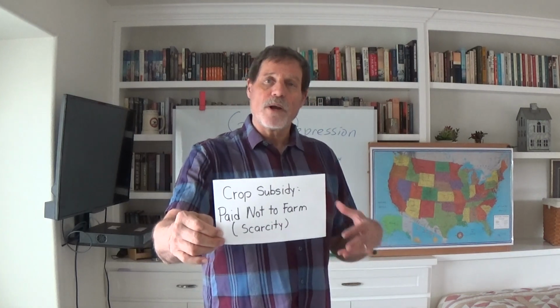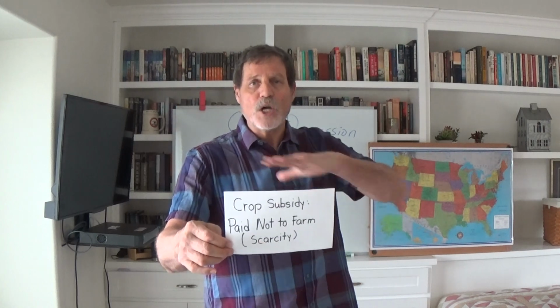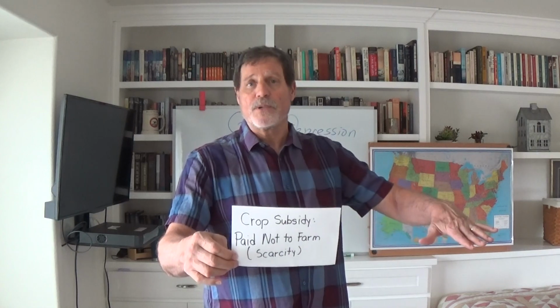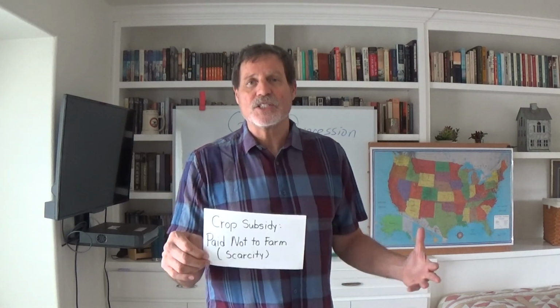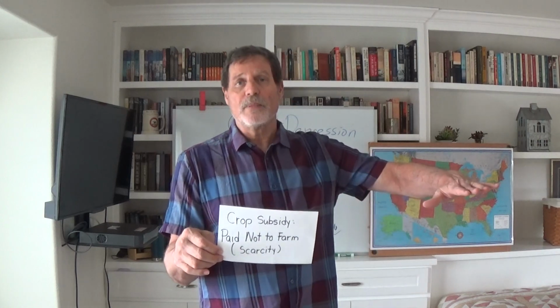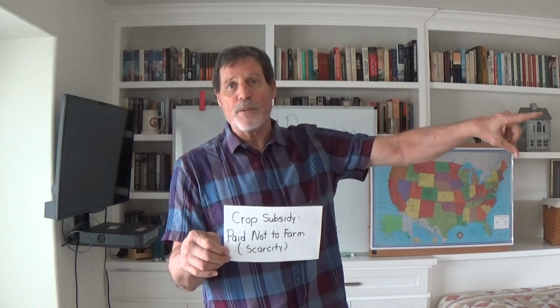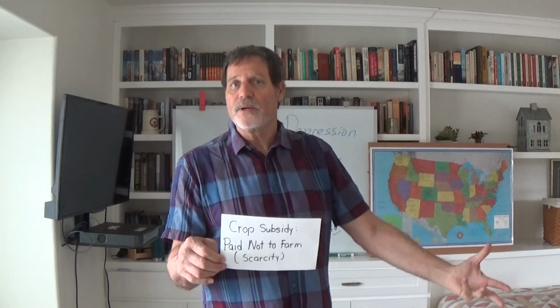In the beginning, the program was really straightforward and highly destructive. The idea was to simply go out and reduce agricultural productivity by 40%. So this was like the first image of the AAA, these guys who were the agents of destruction. They would go to a farm, let's say it's a wheat farmer, and tell the wheat farmer, I want you to plow under 40% of your crop out there. And he would then watch the guy take his plow and plow it under, and then he'd give him a check.